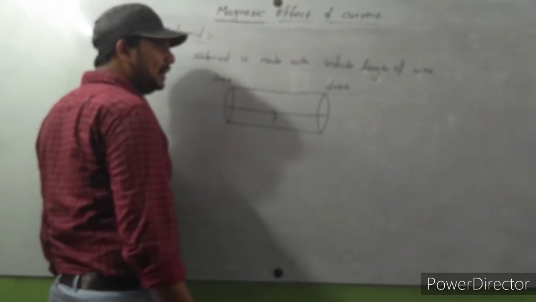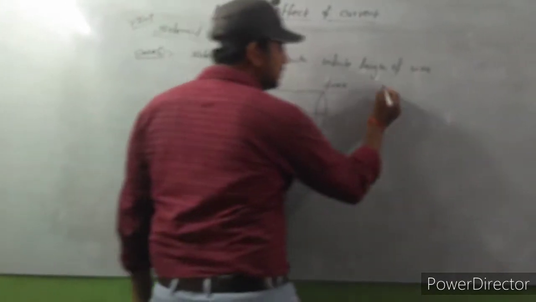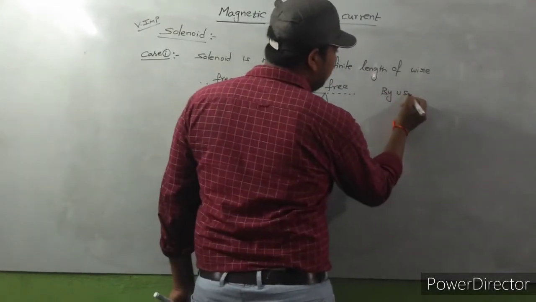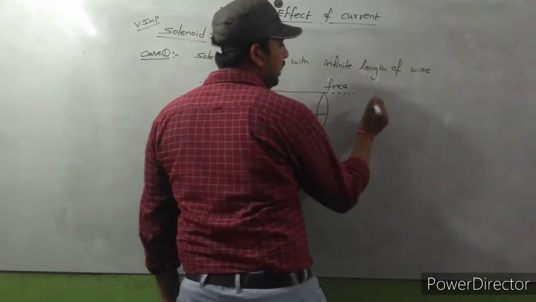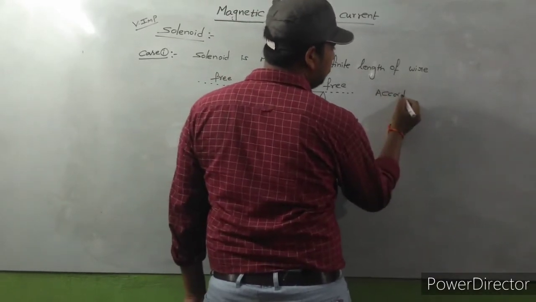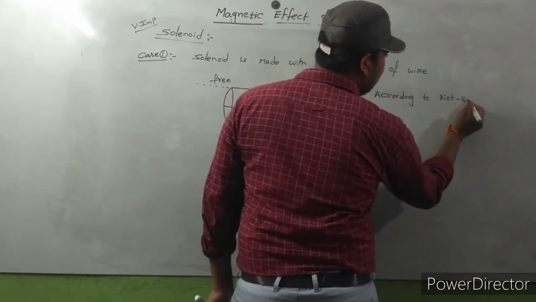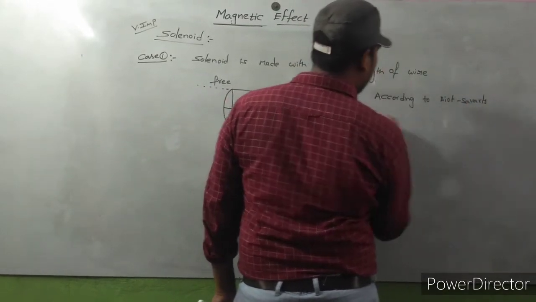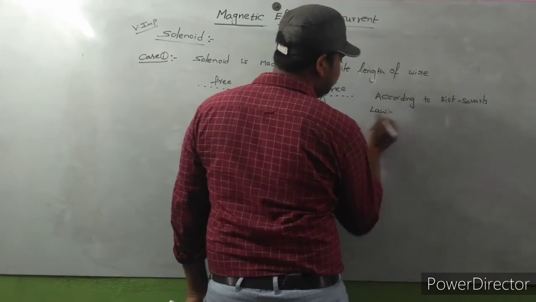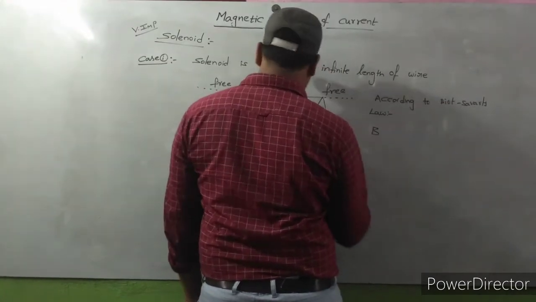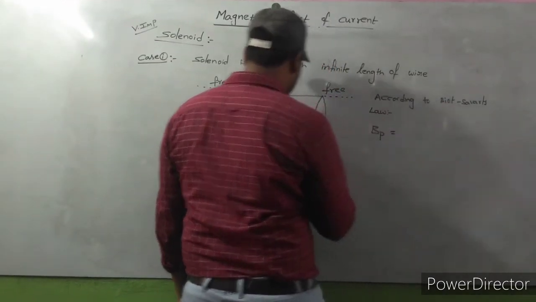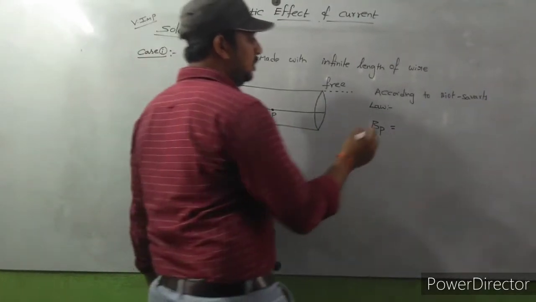So how to find the magnetic field? By using Biot-Savart's law. According to Biot-Savart's law, the magnetic field at P